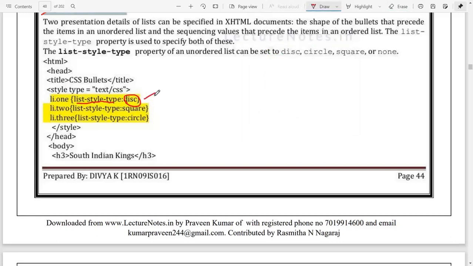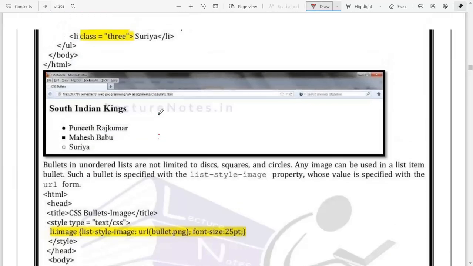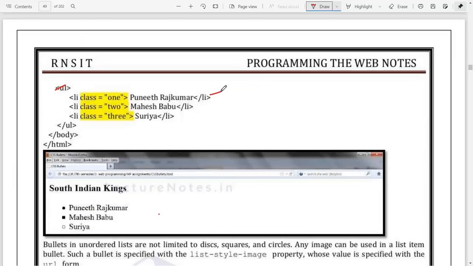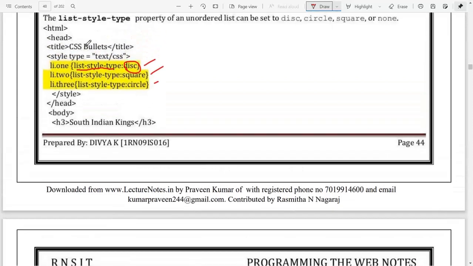First we mentioned disk, second square, and third circle, according to the class that we are using: class 1, 2 and 3. When I use class name 1, it will follow disk. When I use class name 2, it will follow square. When I use class name 3, it will follow circle.